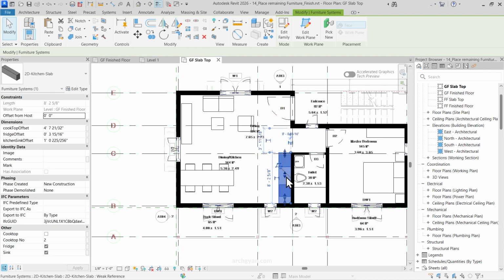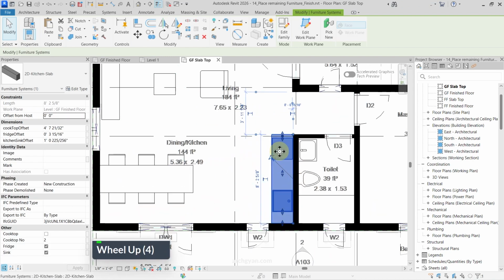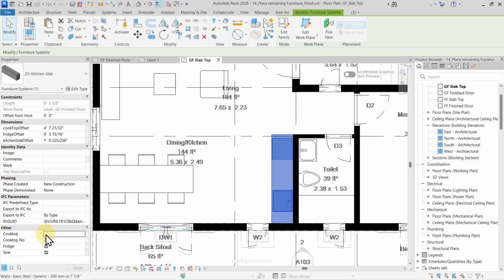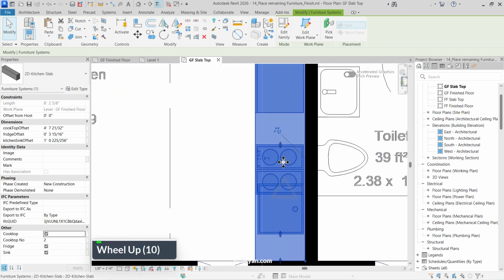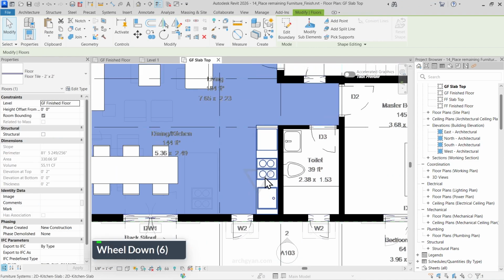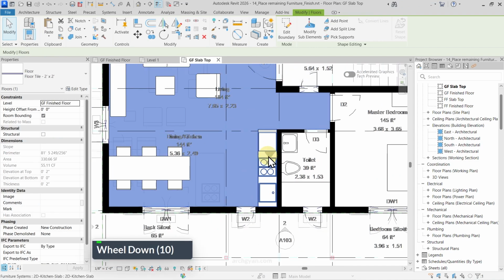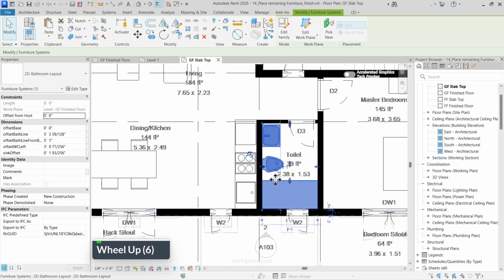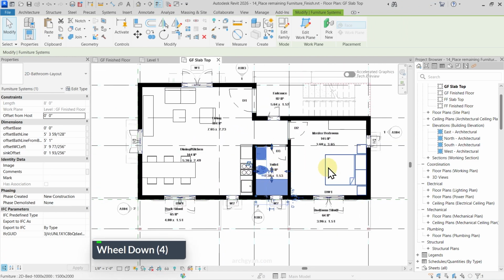If you'd like to see the cooktop, for example, you can switch on the cooktop here. So you have cooktop options. You can notice I've placed the cooktop and then I can move my sink and cooktop as per the requirement or floor plan. So these are very useful families when it comes to placing furniture pretty fast,